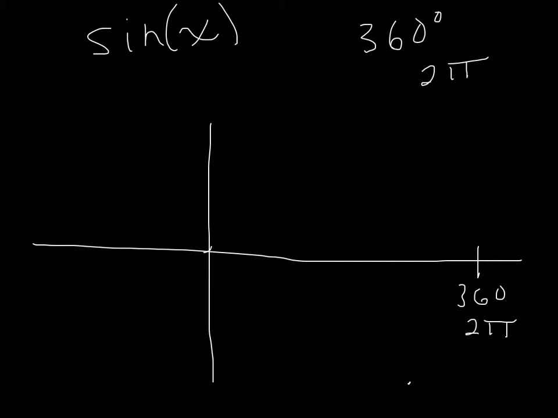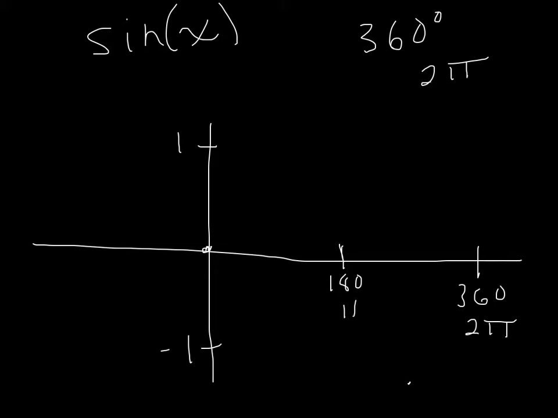It starts right here at the origin, and the height, or the amplitude, is going to be 1, and it goes down to -1. So, oops, that's a 2. So anyway, the amplitude is going to be 2, if you remember, because it goes up to 1 and down to -1. So that's a total of 2. So anyway, it starts here. It's going to cross the x-intercept right in the middle at 180 degrees,